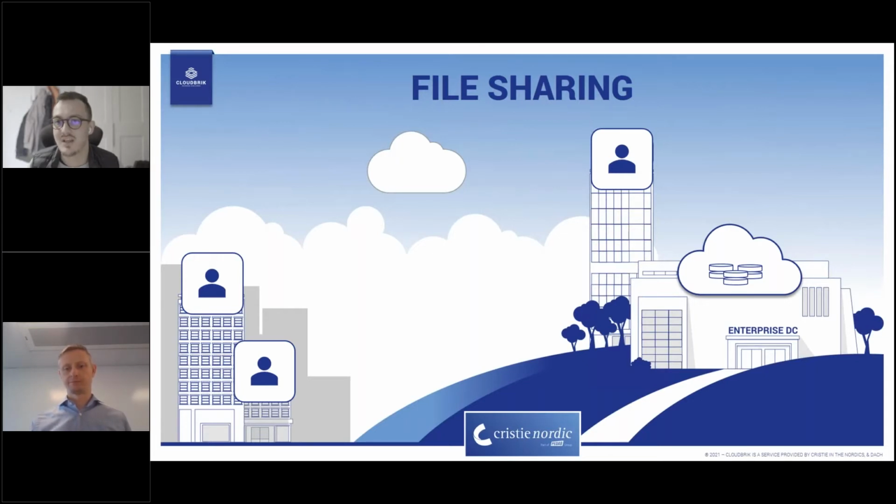Or you have cloud-ready NAS devices like Nasuni and stuff like that as well that integrate with S3. So with file sharing, there really isn't a limit on what you can do with object storage. And another nice thing with using S3 storage for file sharing is that if you are a service provider, you can share the same disk with multiple clients at the same time to be more storage efficient